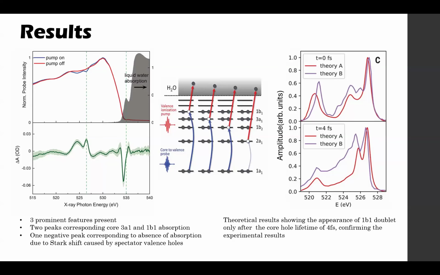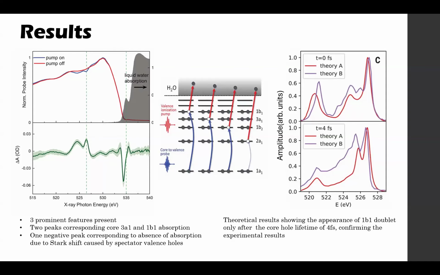Since we are taking a difference in the absorption, this negative peak is coming because there was an absorption happening when the pump was off, but now that absorption is not happening. When the pump comes in, a lot of water molecules get ionized, and if there's an ionized water molecule beside an original water molecule, it will create an electric field around it, which leads to a shifting of the energy levels, which is why at 535 eV, where we actually expect one of the absorptions,